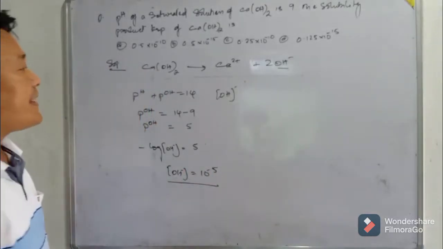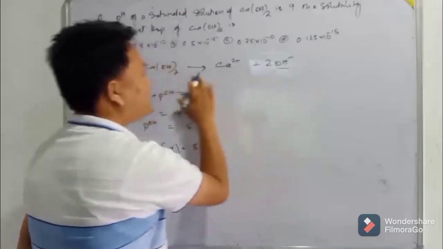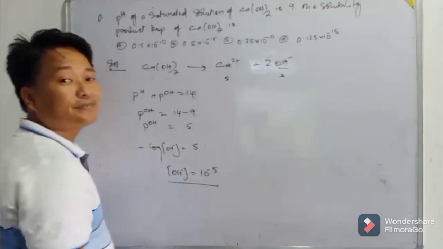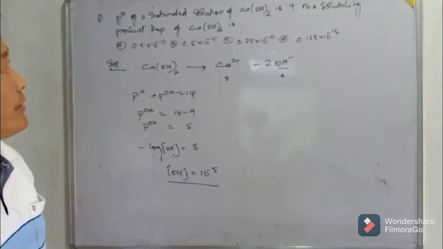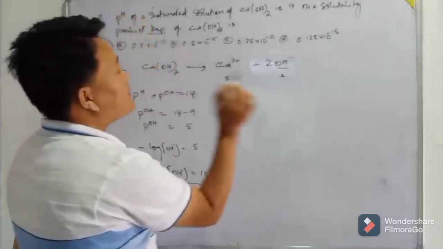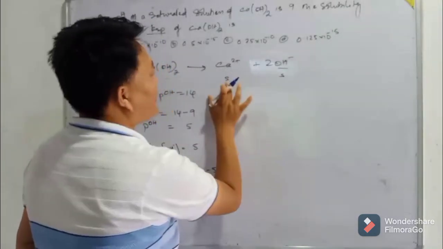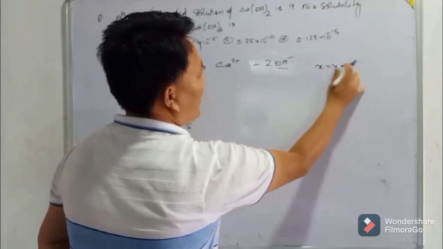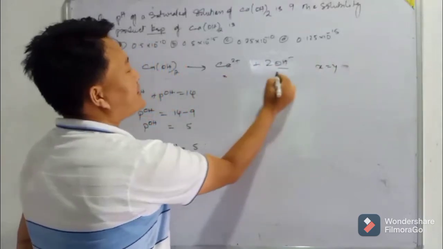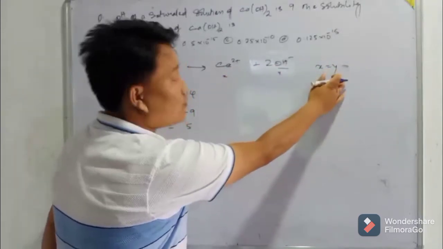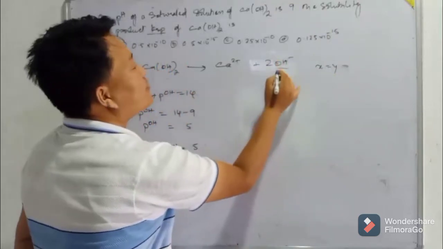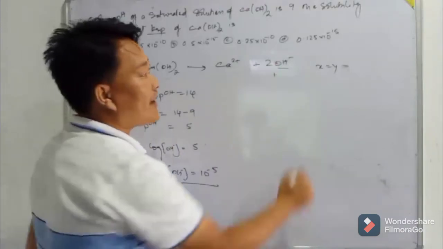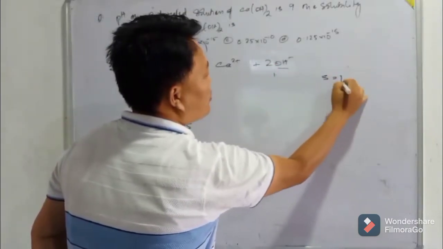Now see in this case. This will be S and here is also S. So solubility. We have to find the KSP. Now see, both are having the equal here. Both S and S. In this case your X is equal to Y. So for example this is X and this is Y, and both are equal. But if here we have taken 1, your S is equal to 1.